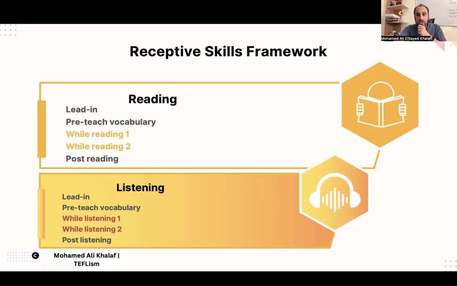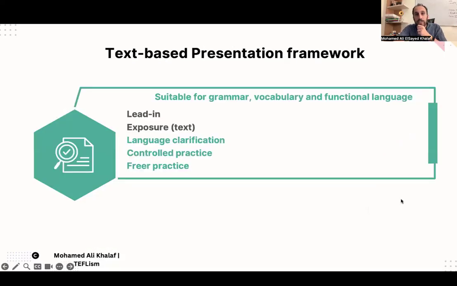Okay, what about other frameworks? If you looked at your TP points and materials and found out that your main aim is grammar, okay? Your main aim is grammar. And you have a text in the page.